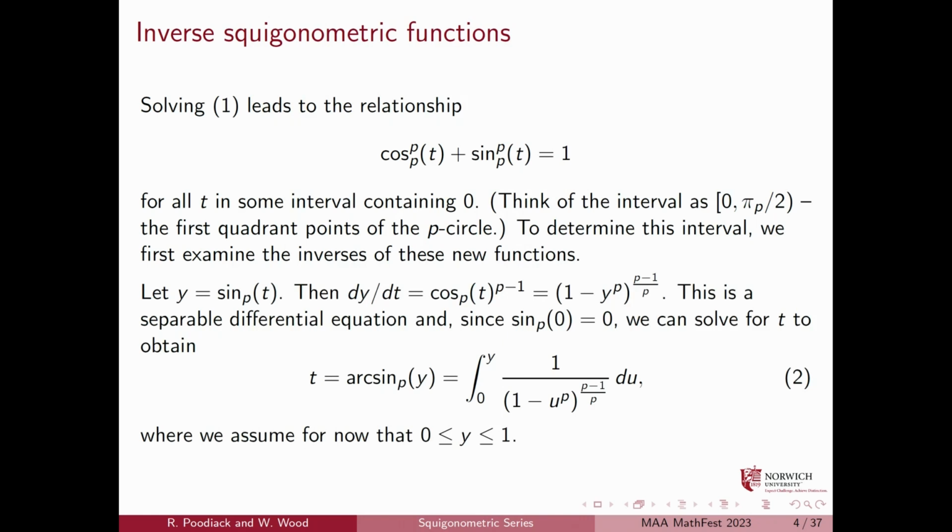So we're going to let y equal sine sub p of t to start. Then dy/dt will, first of all, be equal to cosine to the p minus 1, but that's the same as (1 minus y to the p) to the (p minus 1)/p. That's a separable differential equation, and since sine of 0 is equal to 0 for all p, we can solve, and we get this expression for the arc sine. t is equal to arc sine sub p of y. It'll be the integral from 0 to y of 1 over (1 minus u to the p) to the (p minus 1)/p